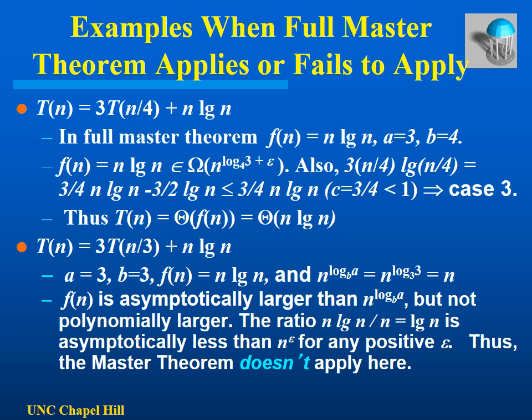There is an additional requirement, however, and that is that the term involving T on the right side, evaluated at its argument, so 3 times n over 4 times log of n over 4, when f(n) is n log n,